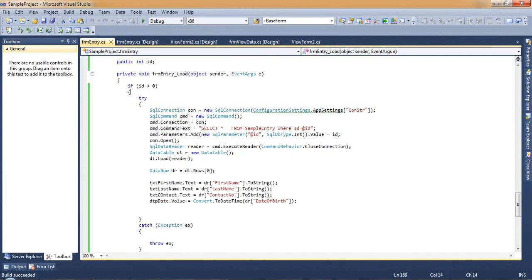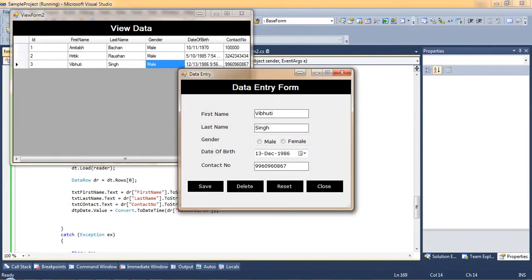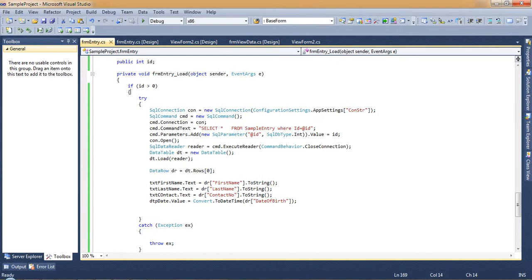Now we'll run this application, we'll double click on it. You can see that the data is loaded, but only one thing is not loaded, that is gender. So how we will do it is, gender we are storing in the database as a string.